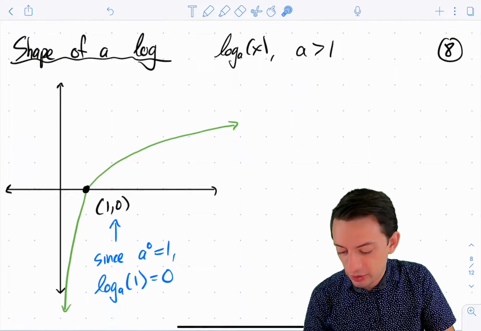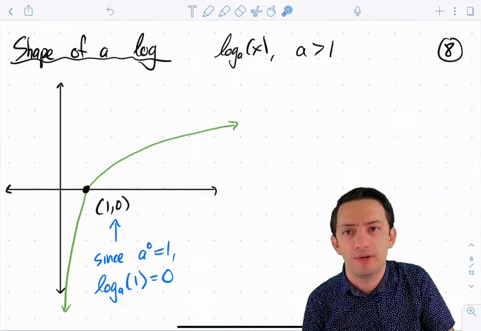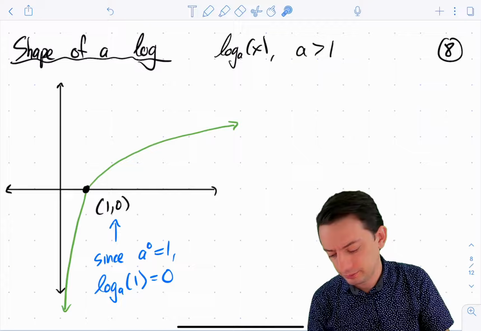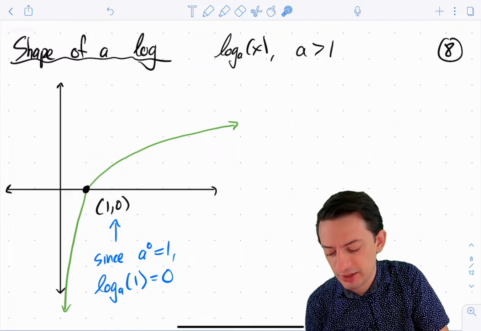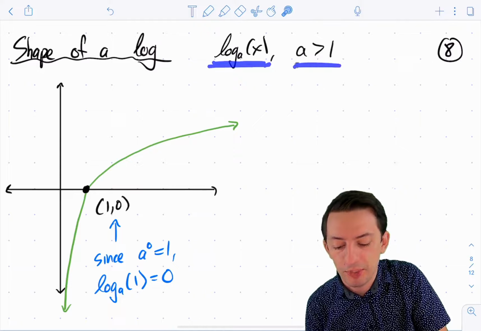So I think I've got a few examples queued up in a minute. We're going to look first at what the general shape of a logarithmic function is. We saw this on the first slide, but now that we know a little bit more about it, we can take a look. So this is the general shape of a log base a of x,